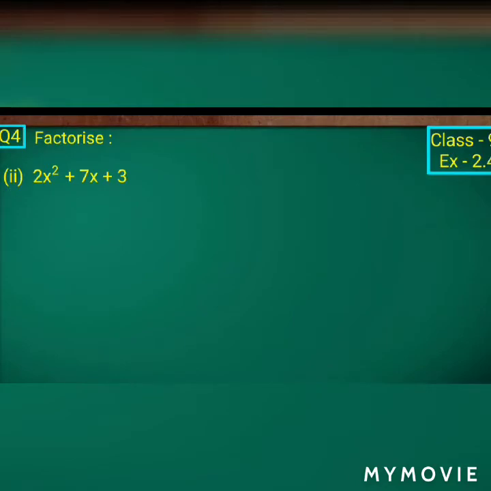The same how 2x square plus 7x plus 3. So since we are having the value for a, 2 should be multiplied with 3. 2 3 is 6. Now we have to find the factors of 6. So which are the multiples of 1 and 6? So the factors 1 into 6, 2 into 3, that is we have taken the multiples of the numbers, that is the multiples of the product will give the 6. So 1 into 6, 2 into 3. In the same how 3 into 2, 6 into 1, isn't it?